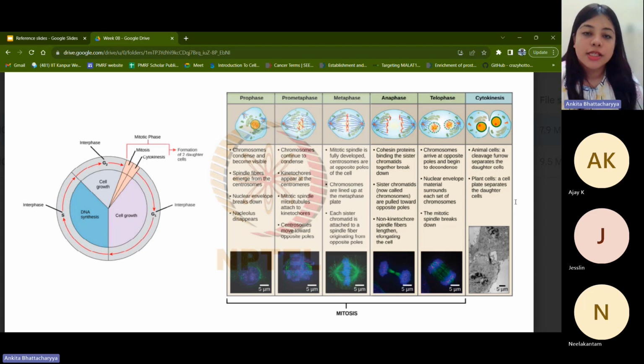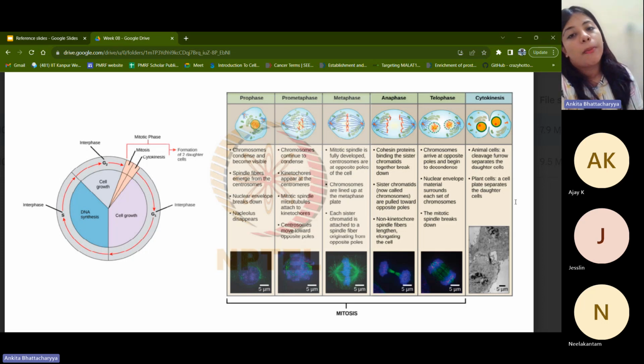So the different sub-steps that are part of mitosis have been looked at here. You look at the following phases: prophase, prometaphase, metaphase, anaphase, telophase, and separately you have cytokinesis. As part of prophase, we see that chromosomes condense and become visible to someone who is observing. Then the spindle fibers, which are part of microtubule extensions, emerge from the centrosomes. The nuclear envelope will break down, and the nucleolus completely disappears. All of this happens during prophase, and you can see that via the immunofluorescence image as well.